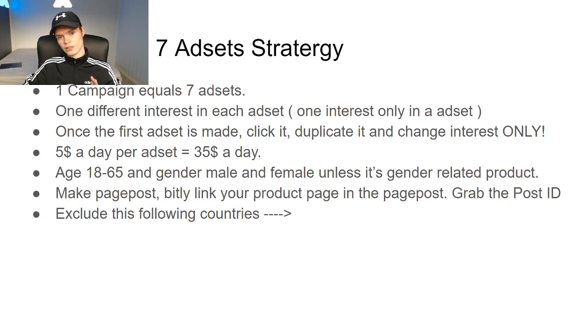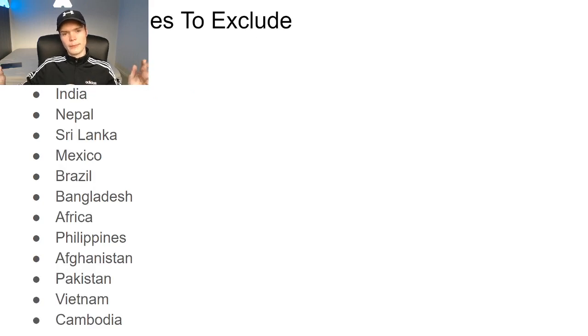And now I'm going to show you guys the countries to exclude. I'm not going to spend time here, guys. Just go down, open your phone, take a screenshot, whatever. Just make sure you get a picture of this so you can always look at it. You're going to run your products worldwide, and that means you include it worldwide, and then you're going to exclude these specific countries. And now I think we just move on.